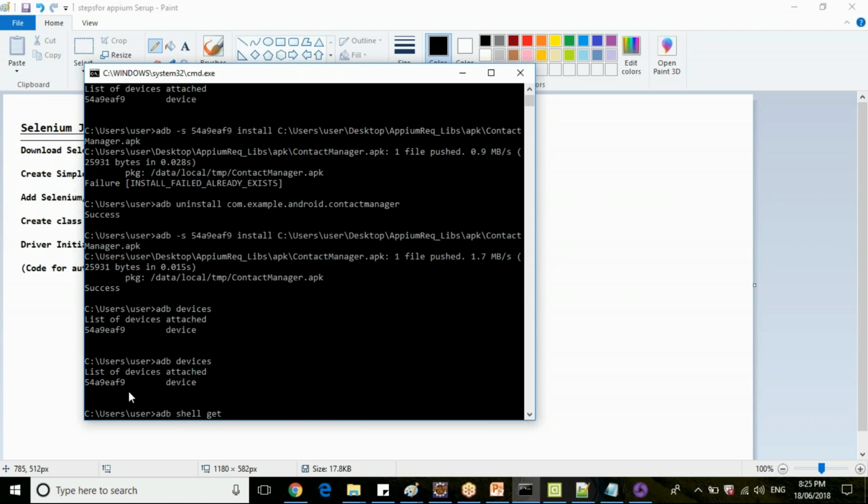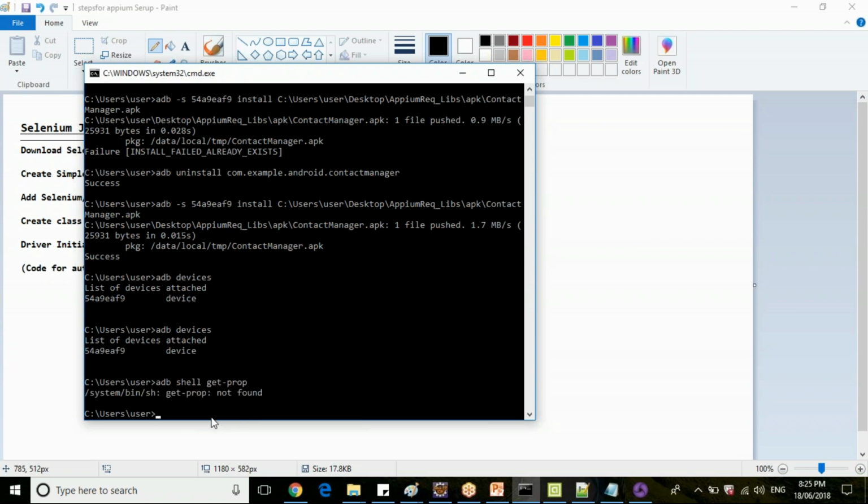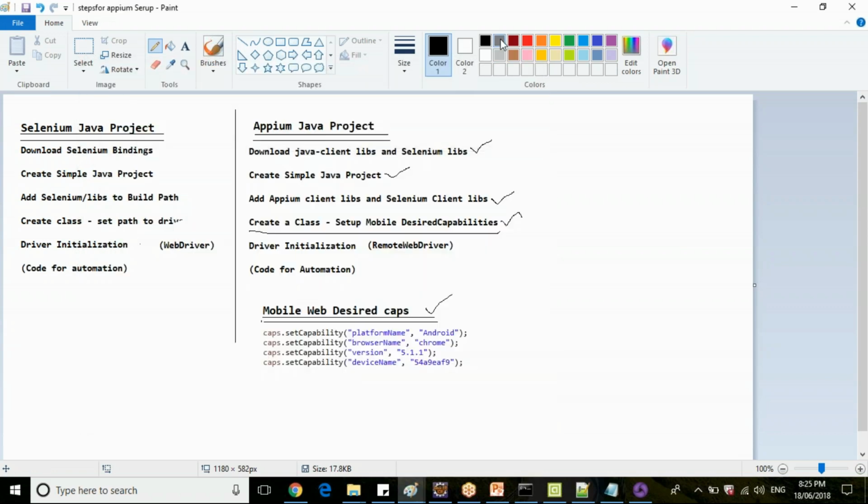Okay. So now you have connected your mobile device and you got your serial number. If you want to get other details, you can check getprop. There is an exact command to get your version ID also. You can use that command, guys. You can just Google and check, or you can refer to the documentation which I provided. Or you can directly go to settings and check it. And browser name will always be Chrome, and the platform name is Android. Very simple values which you are setting for desired capabilities. Are you clear with this, guys?